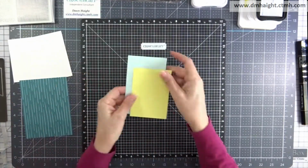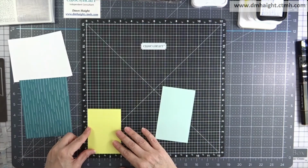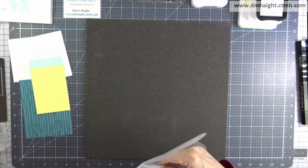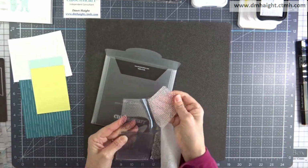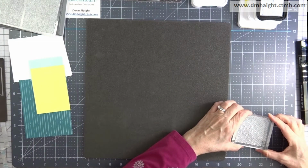It's going to be the background. So I'm cutting that out at 4 1/4 by 5 1/2. And then I have a piece of Glacier cut at 3 by 5 and a piece of Lemonade cut at 3 by 4 1/4. Okay, so I'm going to make background patterned papers with these two pieces of cardstock using the Charming Backgrounds